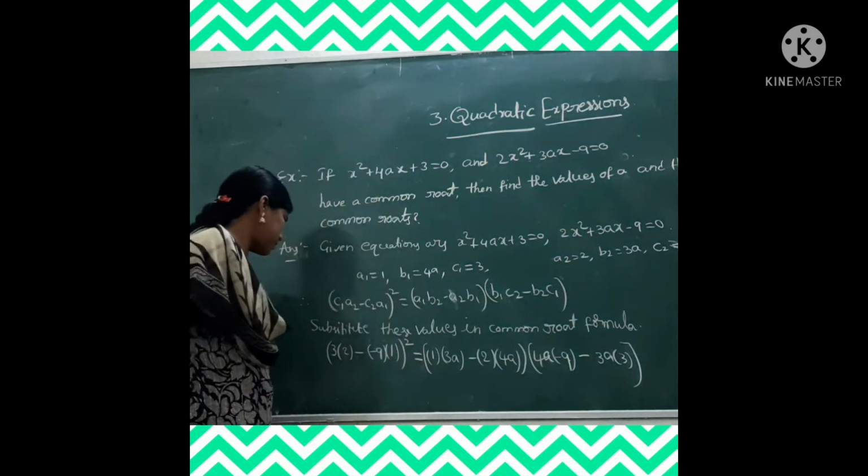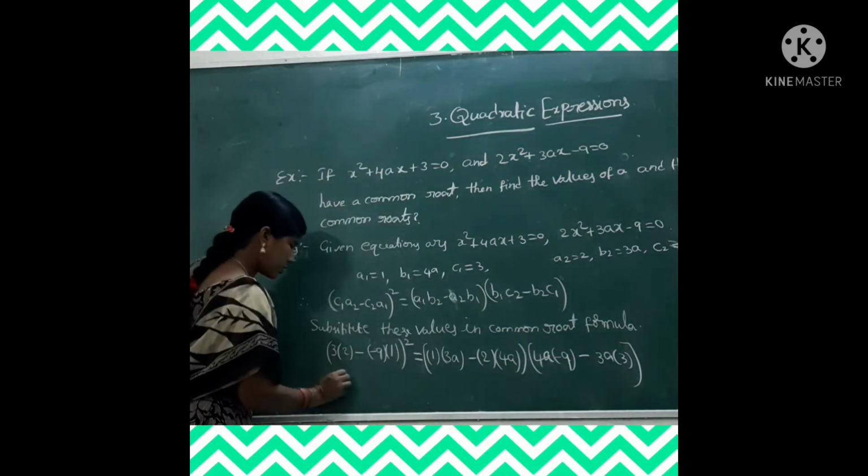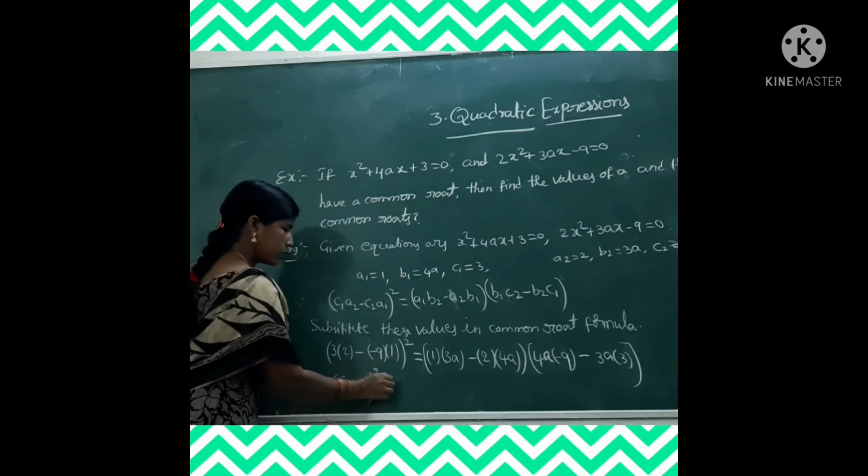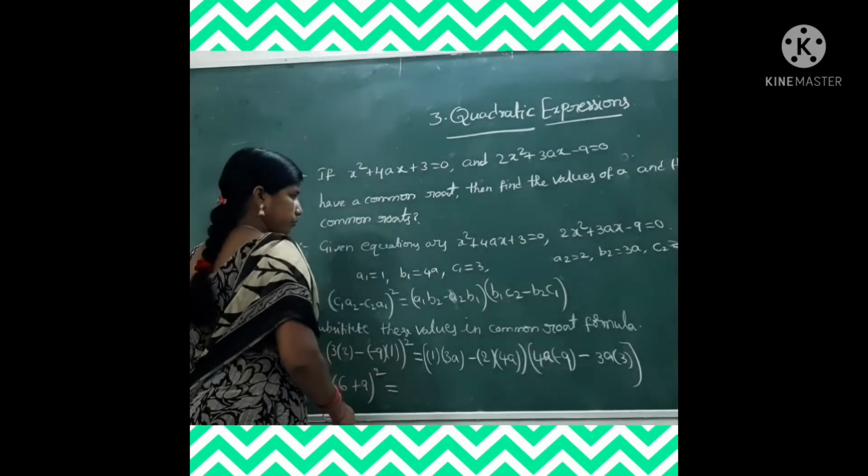Okay, now simplify this. 3 into 6 minus into minus plus 9 whole square, that is equal to